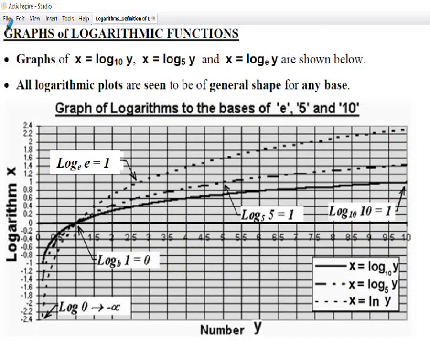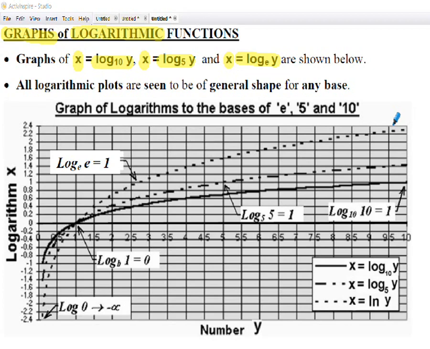Okay, on this slide we have graphs of logarithmic functions plotted for us. We have x is equal to log to the base 10 of y, x is equal to log to the base 5 of y, and x is equal to log to the base e of y. Don't forget that the value of the exponential, e, is approximately equal to 2.7183. And on the graph below, the logarithm x is plotted on the vertical axis and the number y is plotted